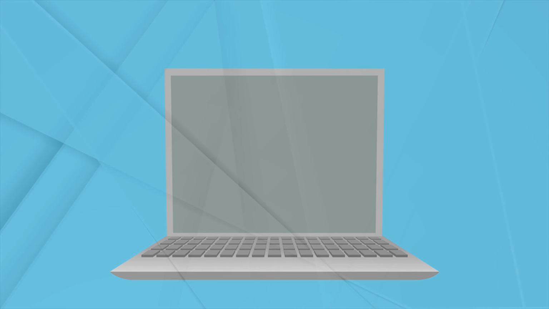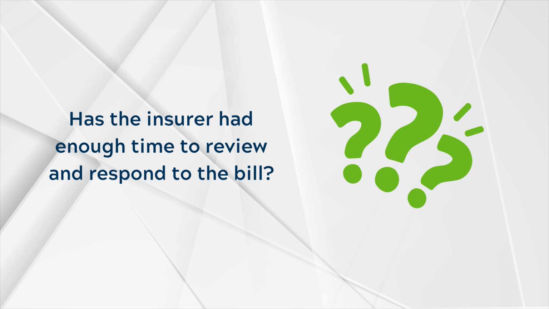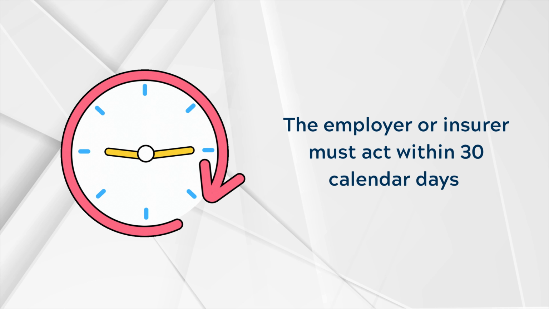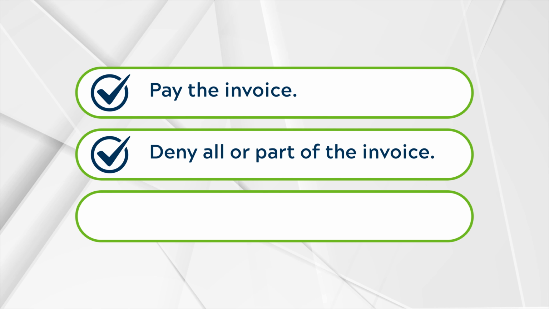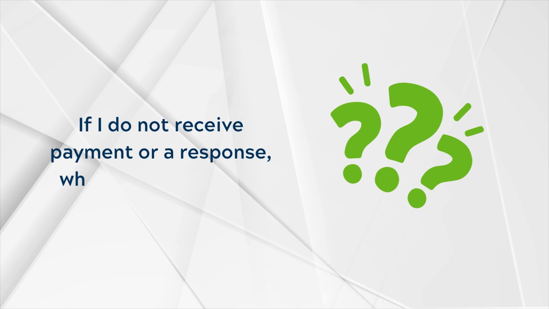The third question to ask is whether or not the insurer had enough time to review and respond to the bill. The insurer must act within 30 days. Actions that can be taken include paying the invoice, denying all or part of the invoice, or they may request more information. If the bill has been submitted properly and the insurer has not responded within 30 days, the rehabilitation